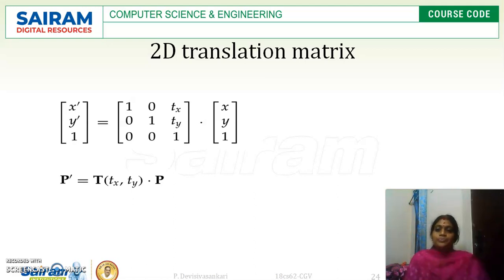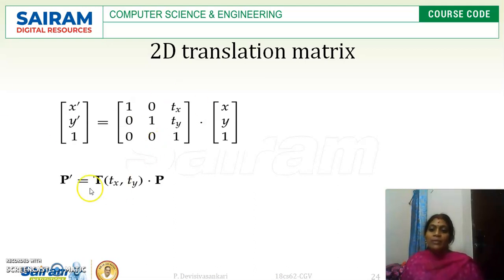right? So previously we have written X dash and Y dash only, but here along with 1, this 1 is nothing but the homogeneous coordinate, right? So the new coordinates are equivalent to always the homogeneous terms. Here in the homogeneous terms only we have to represent our translation matrix Tx as well as Ty, right? So 1 0 Tx, 0 1 Ty and 0 0 1. This is considered as a translation matrix, and this will be multiplied with x, y and 1. This is nothing but the original position of the object, right?